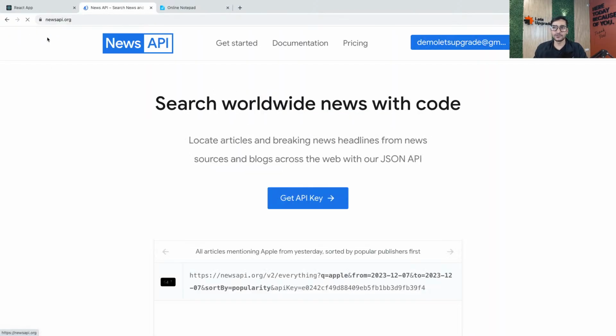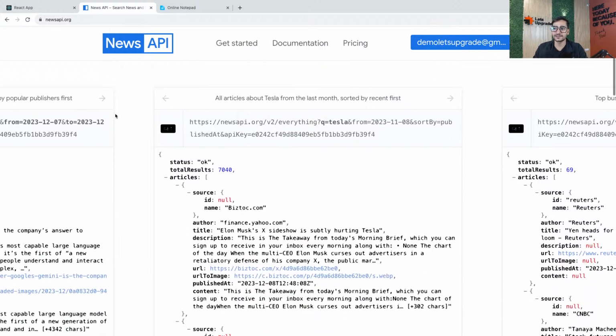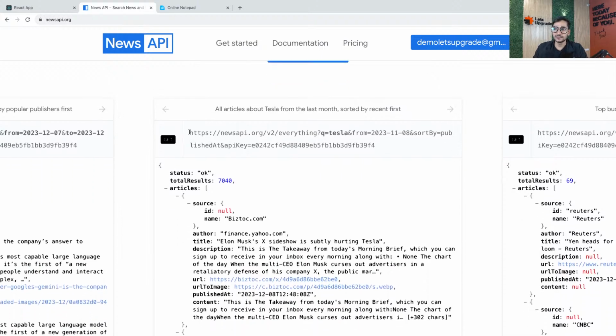Now back to home. Why am I going back to home? Because I want to show you how it works. See, guys, it works something like this. There will be a URL. In that URL, you have to pass the API key that you have generated at the end. That is why this API key is needed. If you don't pass the API key, this URL will not work because internally they check if the user is a successful account holder of my site or not.